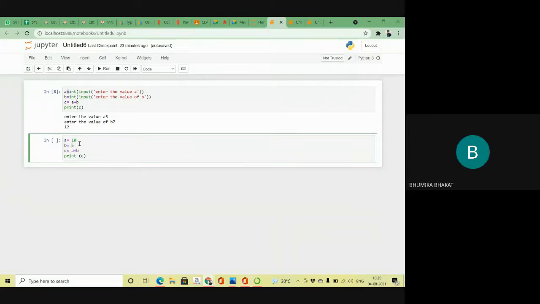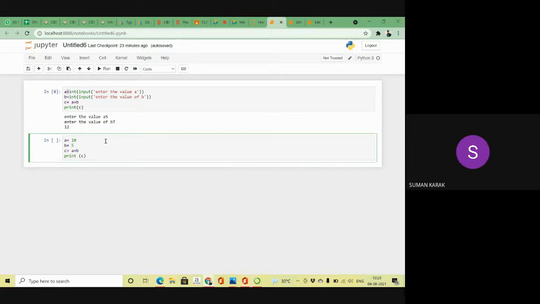Same as in my programs. On other days I took the value as per my choice. Suppose in my program I already mentioned the value, the value of a or the variable value of b. Did you understand? Now today I'm discussing the input function. What is the input function? Now when you take the value from the user as per the user's choice, who is the user? Who uses your program or your software, right? Suppose I create the software.